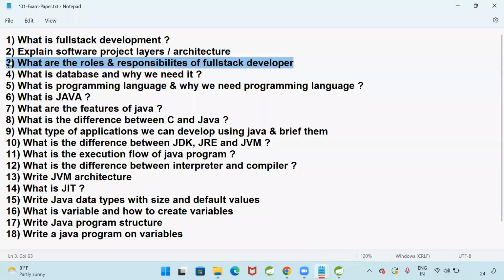Third question, what are the roles and responsibilities of a full stack developer? You have to write the points.